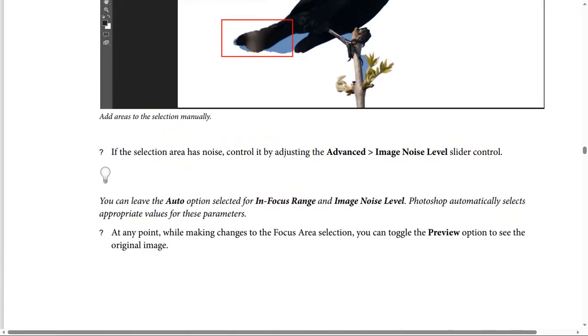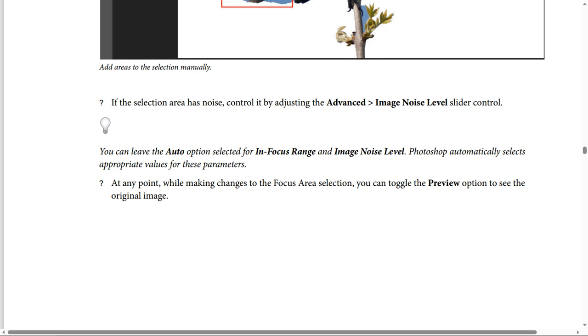And if the selection area has noise, control it by adjusting the Advanced, then Image Noise Level slider control. And also you can leave the Auto option selected for In-Focus Range and Image Noise Level, and Photoshop automatically selects appropriate values for these parameters, by the way. And at any point while making changes to the focus area selection, you can toggle the preview option to see the original image,